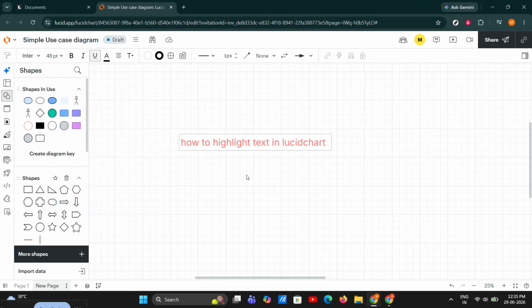This method works really well when you want to draw attention to a keyword, an important label, or a short phrase inside a diagram. It's fast, simple, and perfect for making specific text pop without changing the rest of your layout. Now, if you want to highlight an entire text block rather than just a few words, the second method